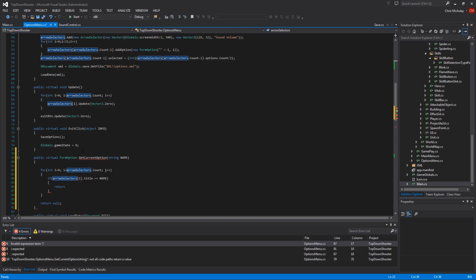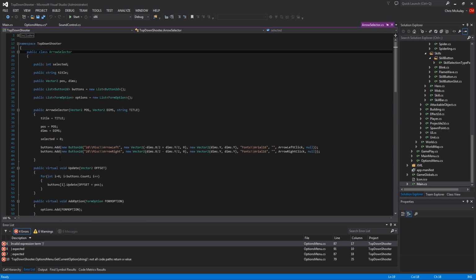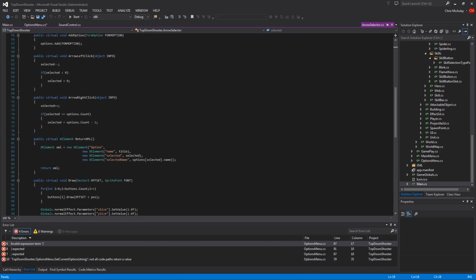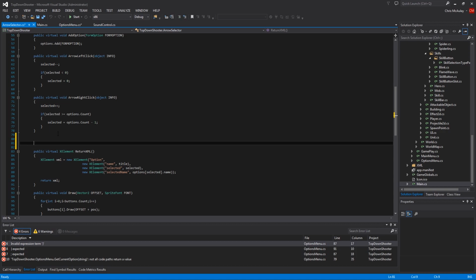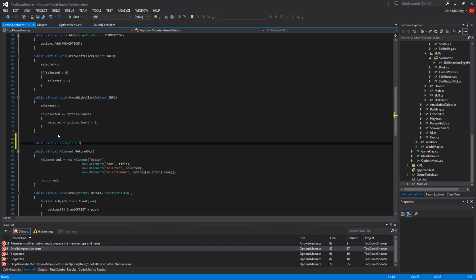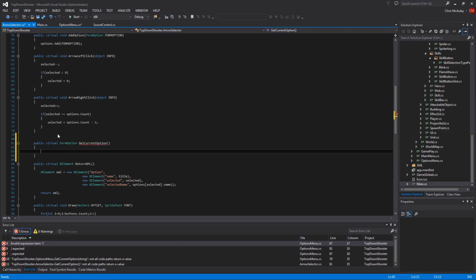No, that's not what I wanted. I wanted here, go to definition, so we go to the right spot, we go here, we say public virtual form option get current option, and then this one is simple, it's just return, whoops, return